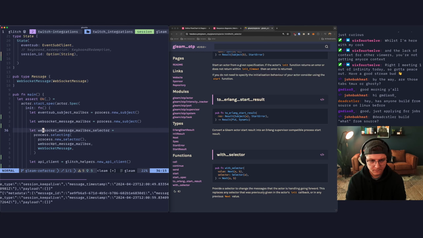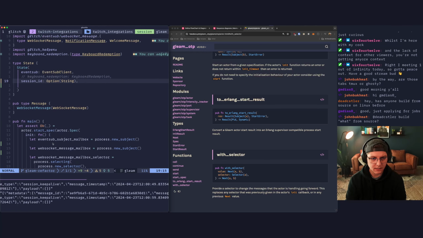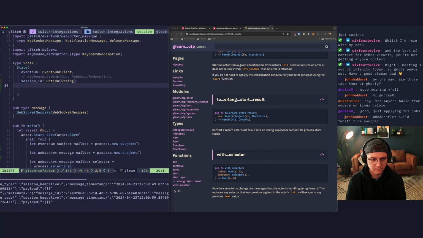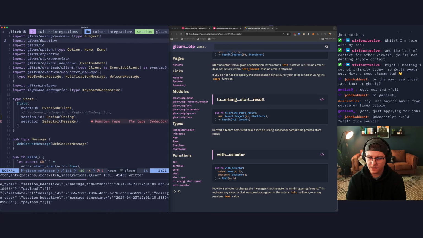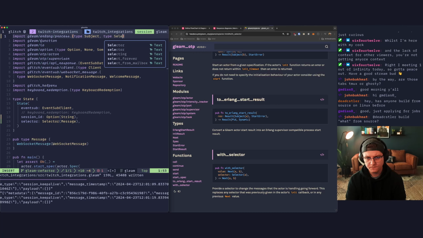Yoink that. And we'll say, just do something like this. Selector comes from Erlang process, I think.